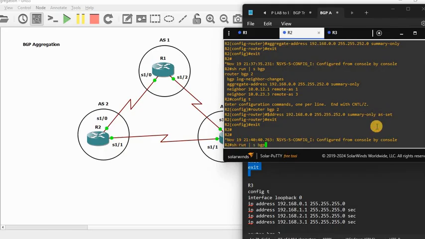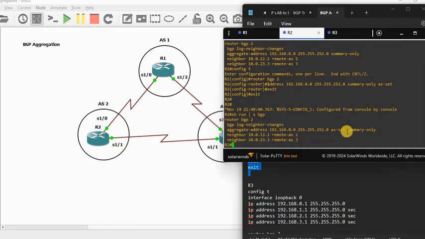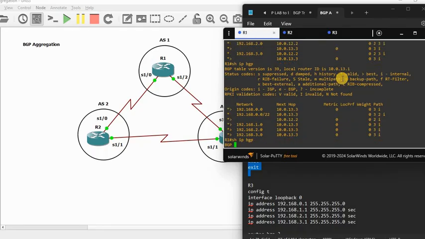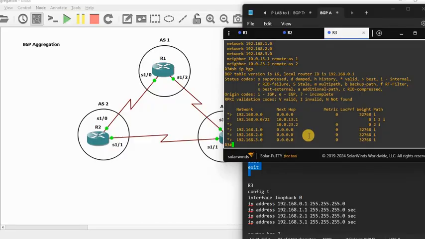If you see here, the BGP configuration now shows AS set. Now see the output of R1, show IP BGP. See this summary route we created, but this is generated from the originator R3. It is showing that. Okay, if you go to R3, show IP